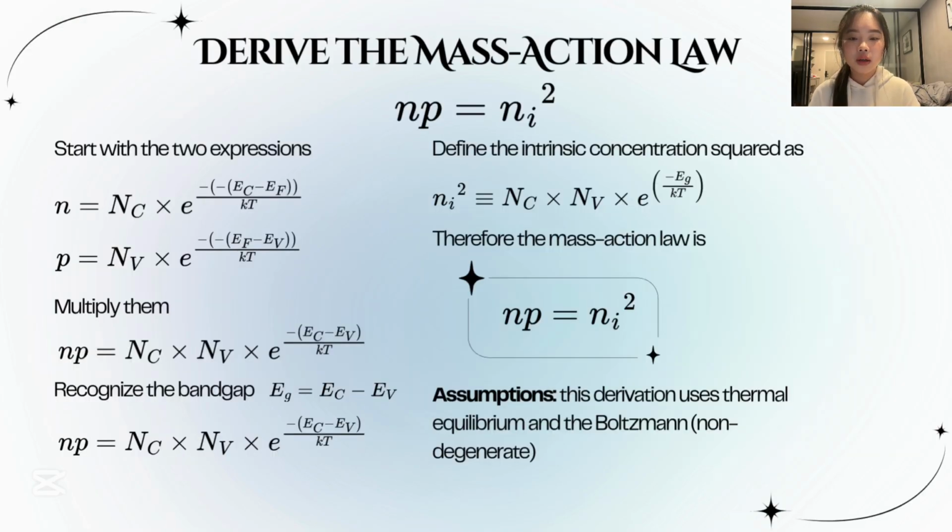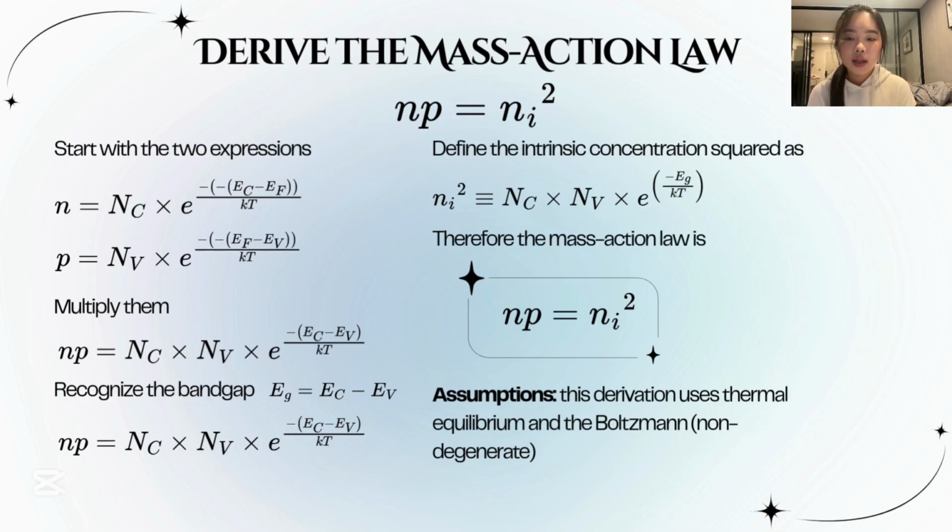To derive the mass action law, np equals ni squared, start with the two expressions, the expression of electron concentration and hole concentration. Multiply them together, we get the next equation, and then we recognize that the band gap energy is Eg equals Ec minus Ev, so we can define the intrinsic concentration squared as ni squared. Therefore, the mass action law is np equals ni squared. As a result, from the calculation, we assume that this derivation uses thermal equilibrium and the Boltzmann